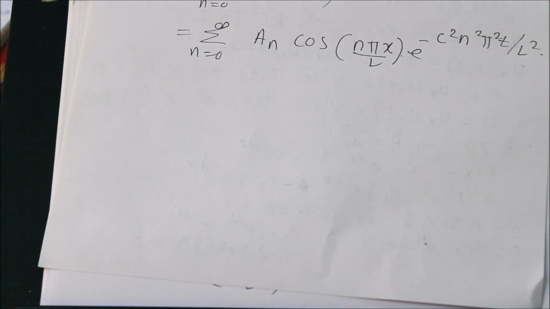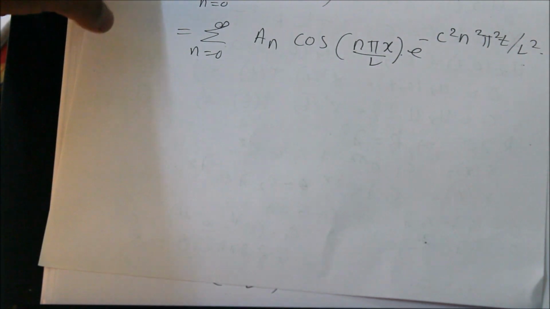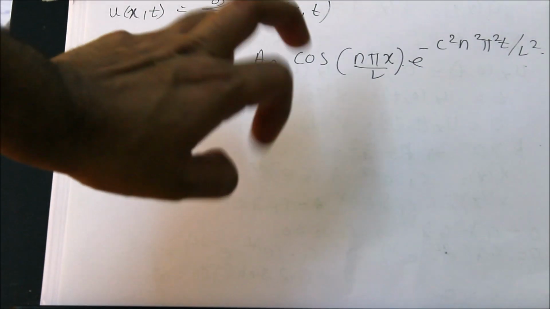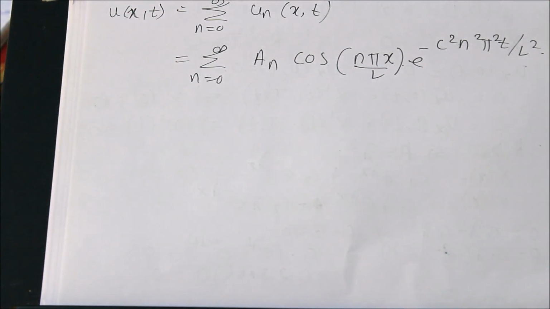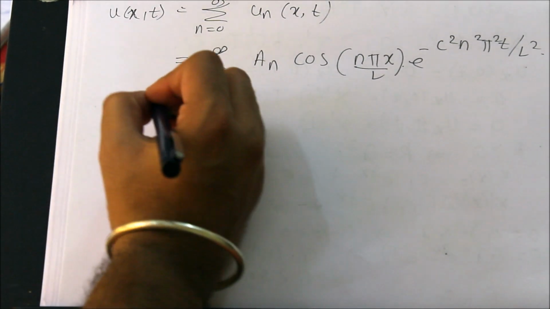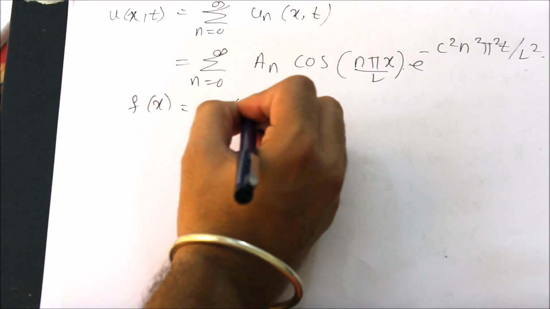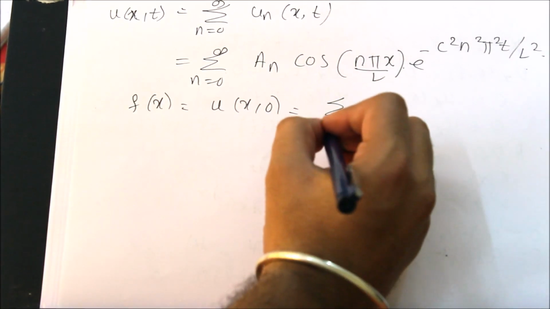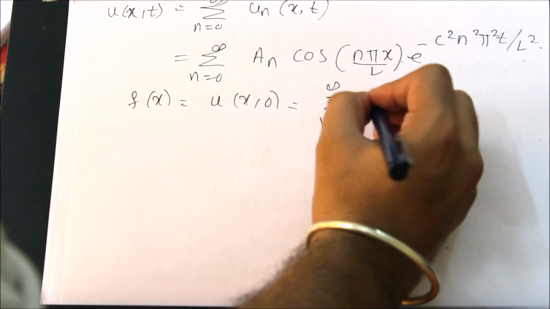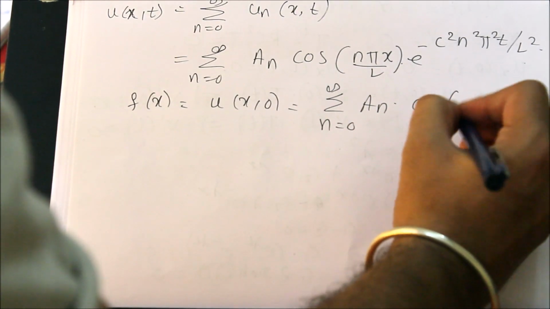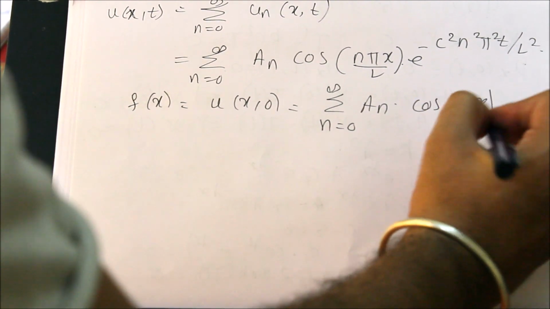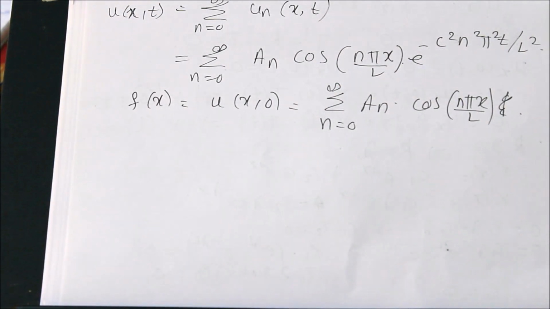Tn works in the same way, and instead of taking bn's I am taking an's, just to keep the notation in sync with the Fourier series. You will realize it. So this is what my u is. This is what the solution is when both the ends are insulated. Now again the same thing. What are my an's? So now let's use the initial condition. So what is my f of x? It is nothing but u of x comma 0, which is nothing but summation n running from 0 to infinity an into cos of n pi x upon L.